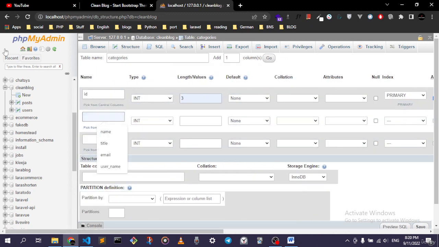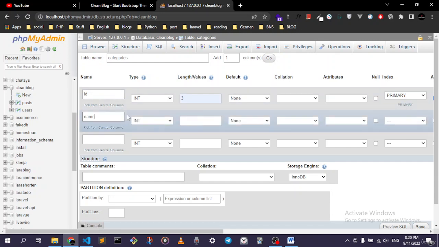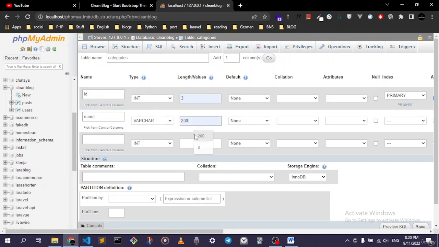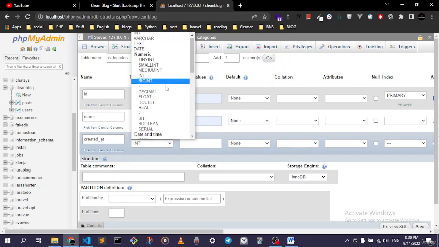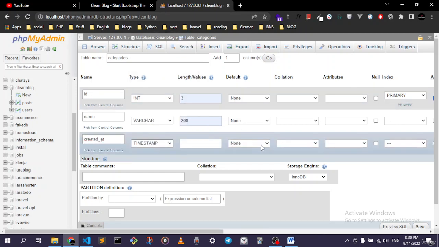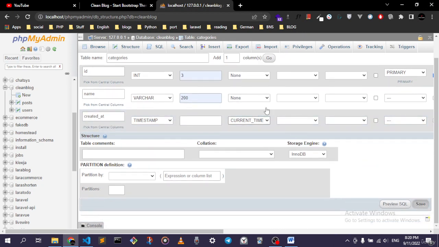For this one we go name, which is the name of the category, varchar 200, and this is going to be created at. It's going to be a timestamp, and as always current timestamp. So if we click save,